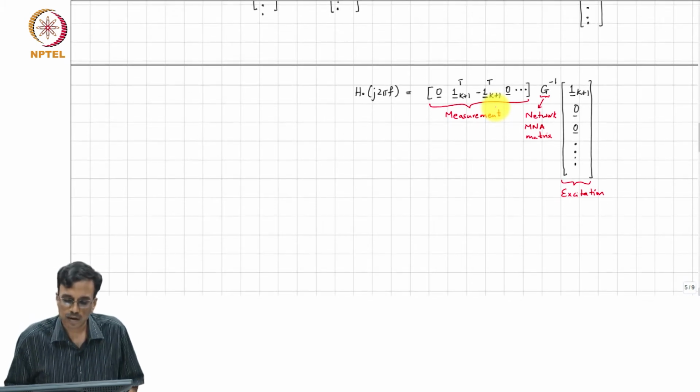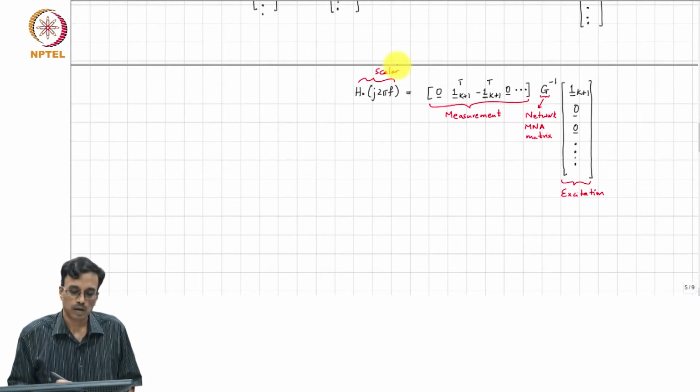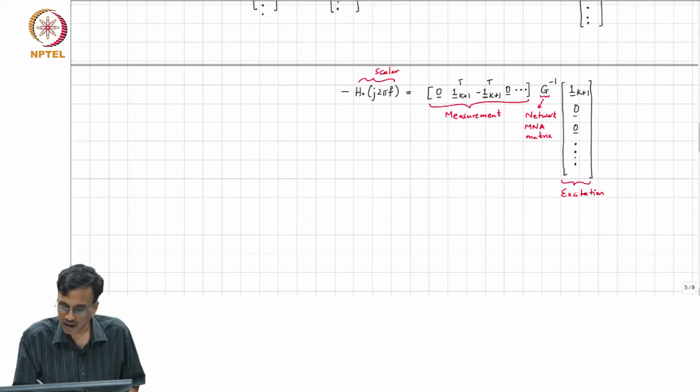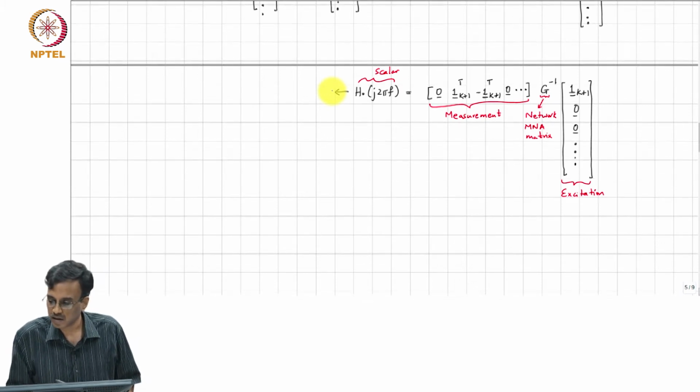All right. And because this is scalar, right. Now, because it is a scalar, it must be the same as its transpose, and therefore, it can be rewritten as